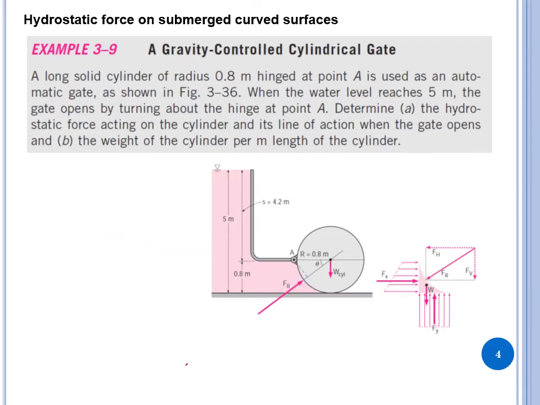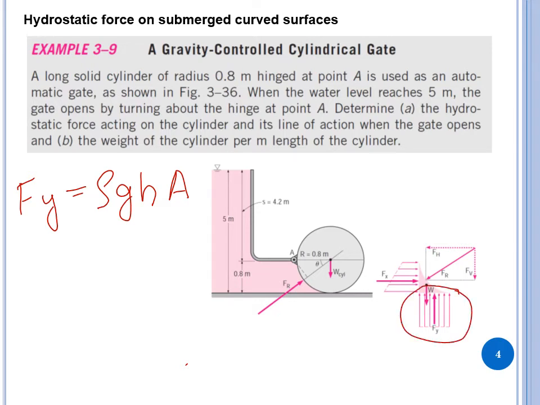For Fy, it is going to be again the same thing, rho g h times A. Now if you look at this section here, this is acting like a rectangular plate which is submerged in a fluid. So the total height, which is going to be 5 meter, will